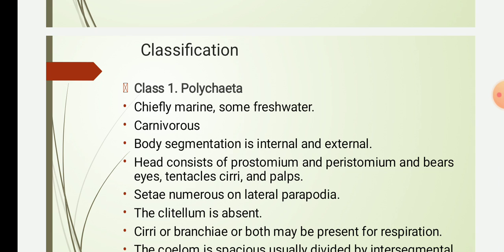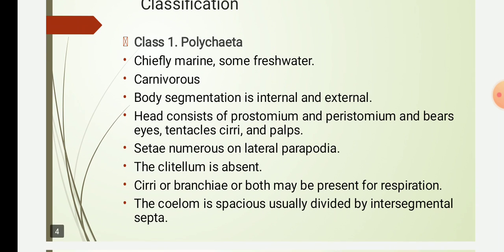Echiuroidea, then class Sipunculoidea, and the seventh class, class Pripulida, and class 8 is Myzostomaria. Okay, so first we'll see the characteristics of class Polychaeta. Class Polychaeta